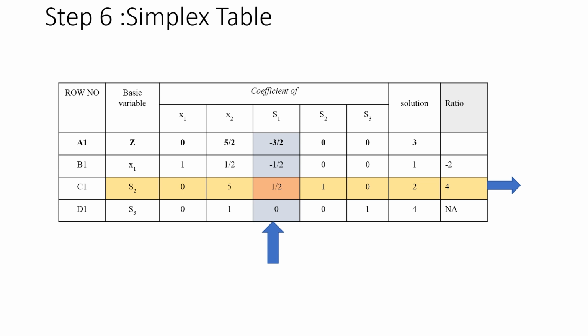So in the next table you can see that here we again have a negative value. So again we go with the procedure of the simplex method. If you have a negative value, you select the key column, and the minimum positive number from the ratio, solution divided by this. So this is in your A1 row, but you can see it is again not applicable, -2m and -1 negative value. So -m, all other values are positive.